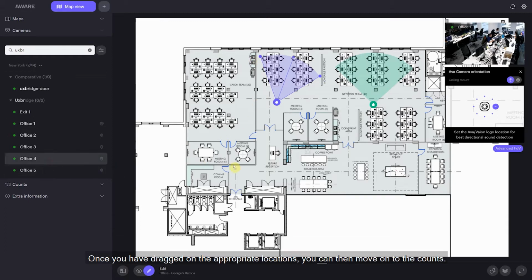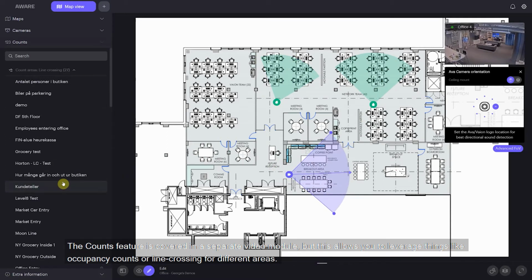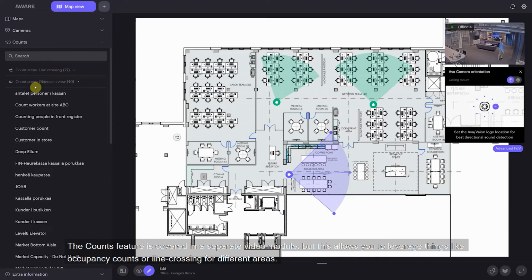Once you've dragged on the appropriate locations, you can then move on to the counts. Counts was covered in a different video module, but this allows you to leverage things like occupancy counts or line crossing for different areas. These can be dragged on very much the same way, and then we can move down